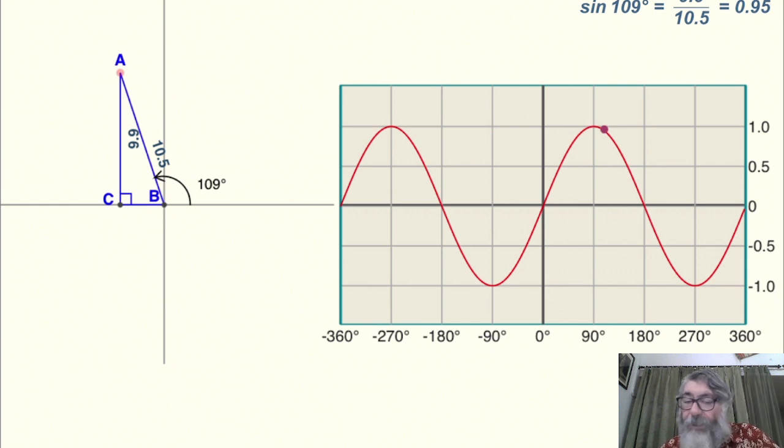Now if you notice in this triangle, what is happening? The base BC has become negative. Why? Because BC is now along the negative direction. B is the origin. To the right of B was the positive x-axis, and to the left of B are negative values. So BC has become negative. That means the base has become negative. Perpendicular is still positive. Hypotenuse is still positive.